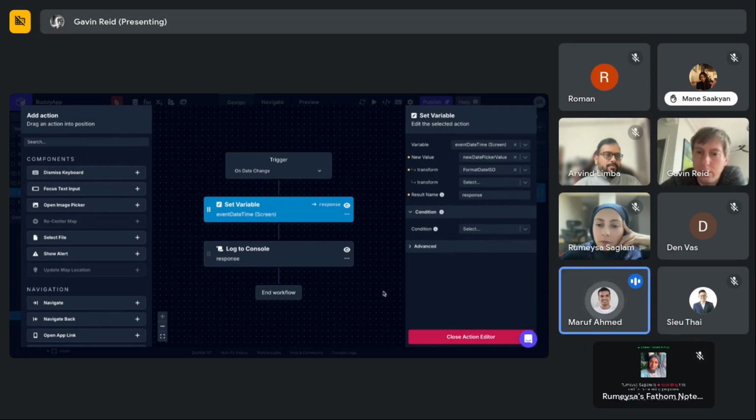No, I think it should be a conditional stop. So your conditional stop will call the function with the new picker value, and that function will check. If the function returns 2, it will stop there. Like if it is not in your time range, it will return true. So it will stop. It won't change the date. If it's a valid date, it will return false and it will set the variable